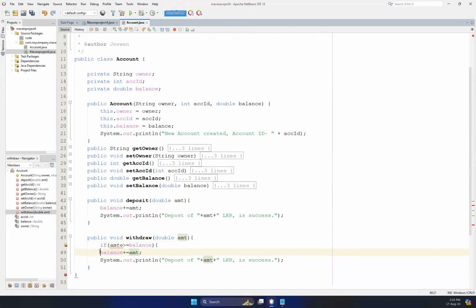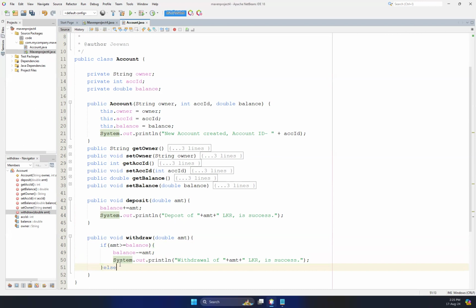Balance equals balance minus amount, and then you say withdrawal with success,